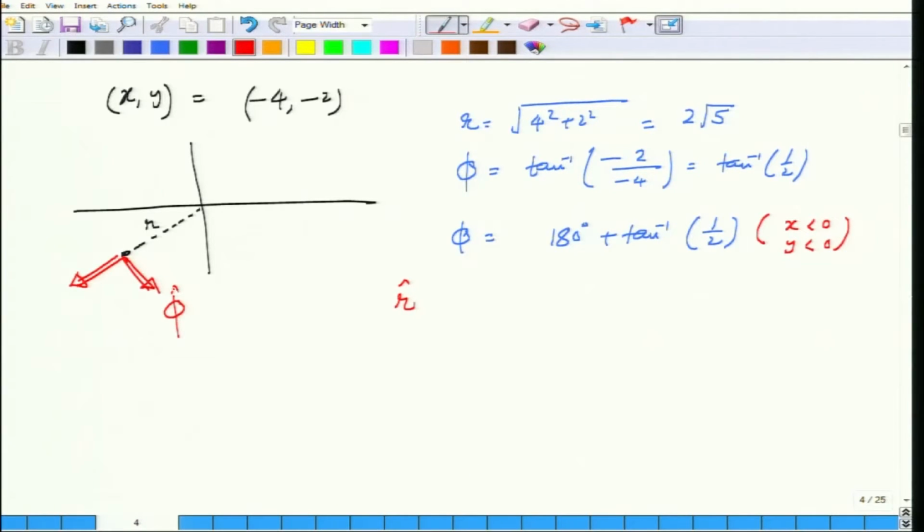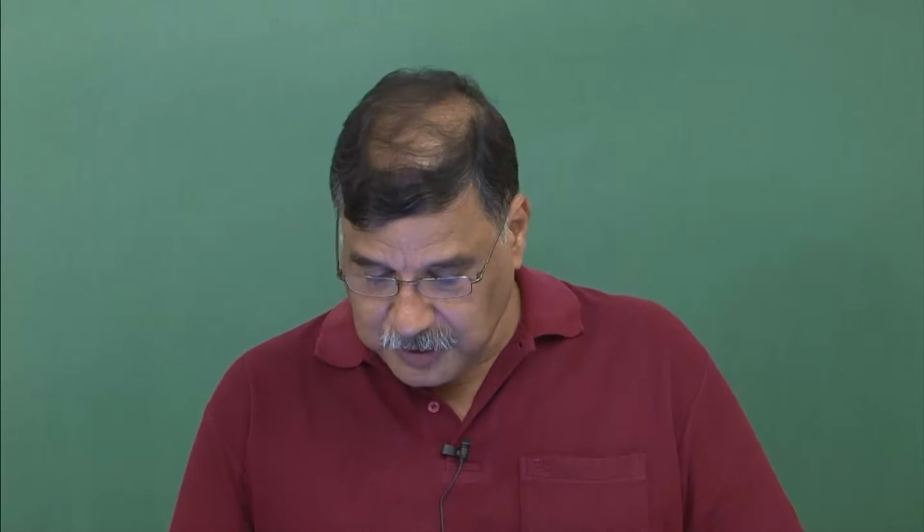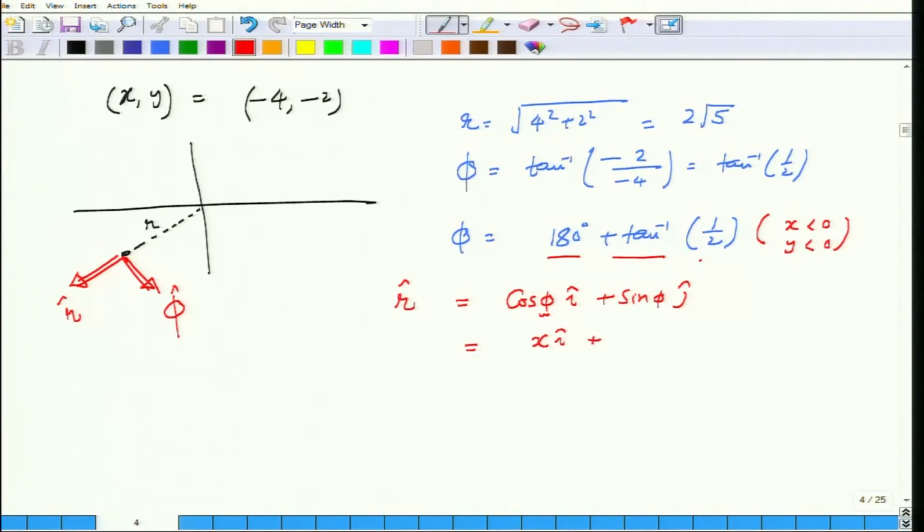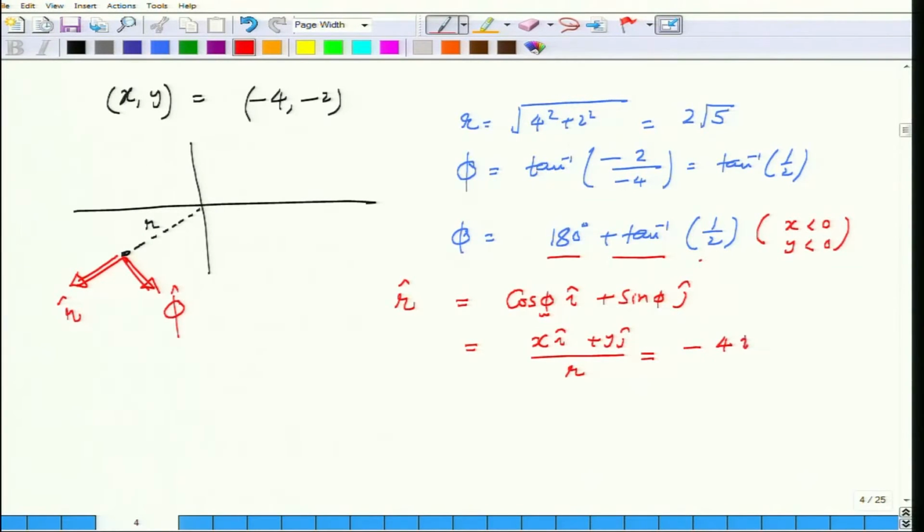This is the phi unit vector and r unit vector. This is where it becomes important that we realize that phi is 180 plus tan inverse 1 over 2. If I were to write this as cosine of phi i plus sine of phi j, then this phi being greater than 180 degrees will be important. On the other hand, if I write it directly as xi plus yj over r, then that sign is automatically taken care of, and this would turn out to be minus 4i minus 2j over square root of 5, and